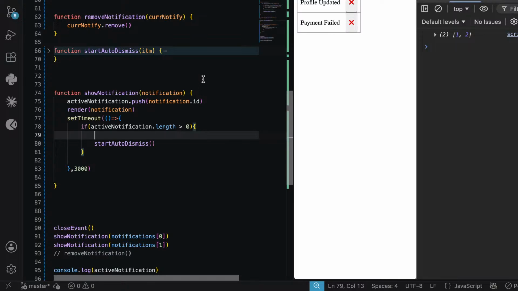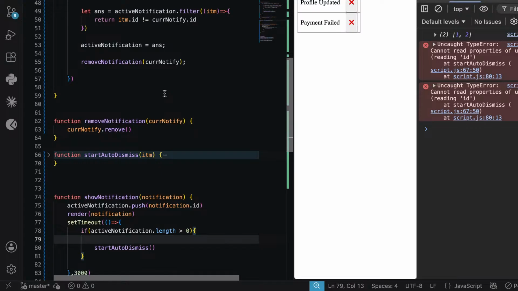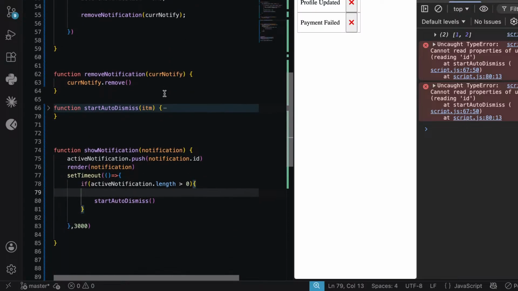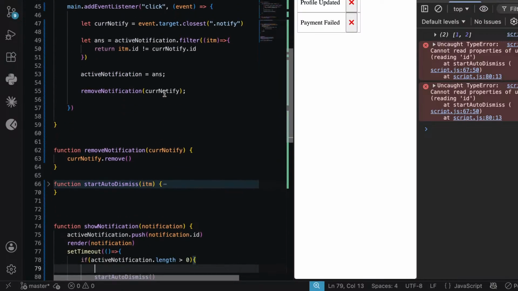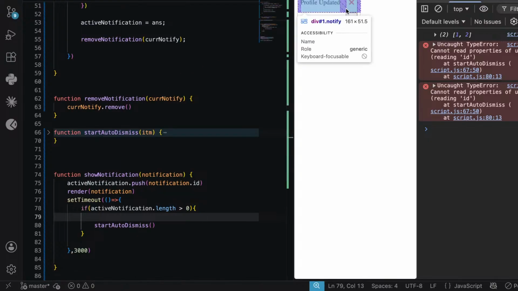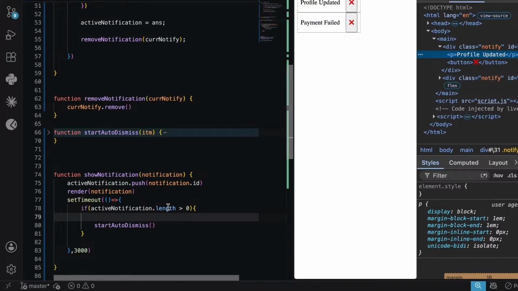But how are we able to know which notification is remaining? For that reason, I think we need to understand the ID. We have been given the ID, right? Let's just see. We have been given the ID, so we will be finding based on ID. Okay, what are we going to call? Let remain